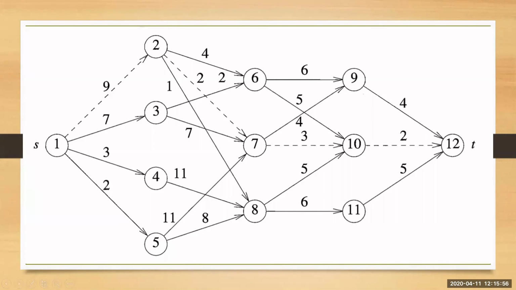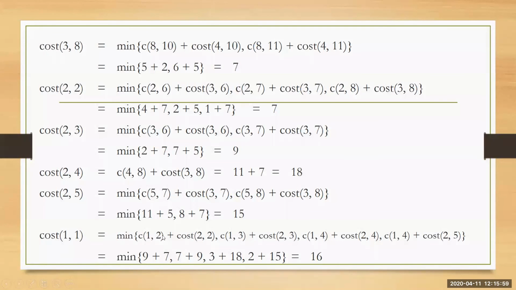So based on this, look at the last equation. All the 4 entries are written like this, and you will enter all the 4. Look at the first one, 9 plus 7 and 7 plus 9. Both are 16, so these two are the minimum values. The first entry is to vertex number 2 and the second one is to vertex number 3. So whether you pass through vertex number 2 or vertex number 3, from both directions it will give the minimum path of 16.